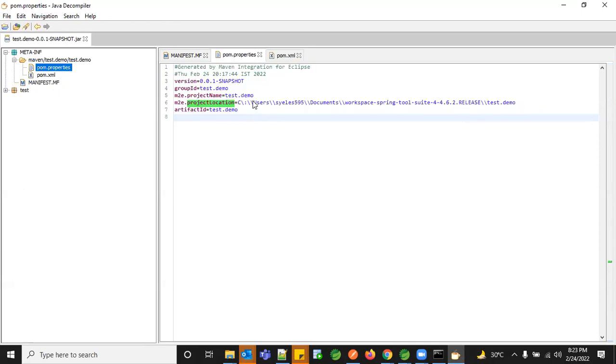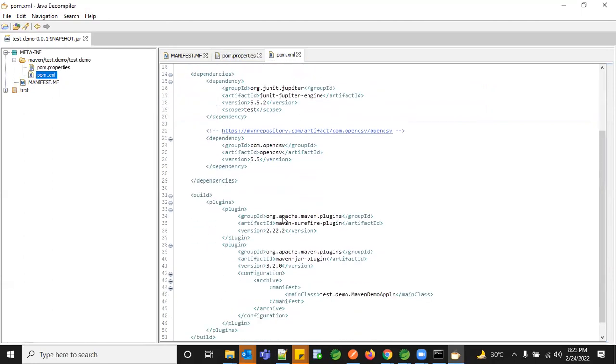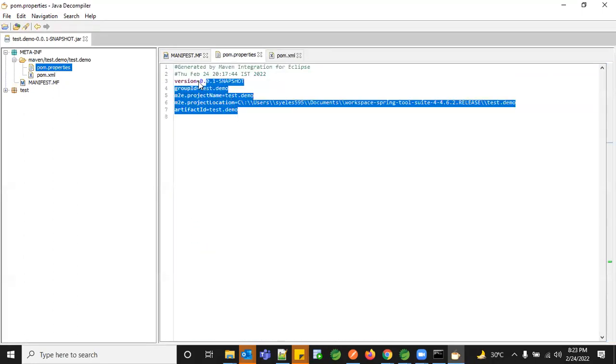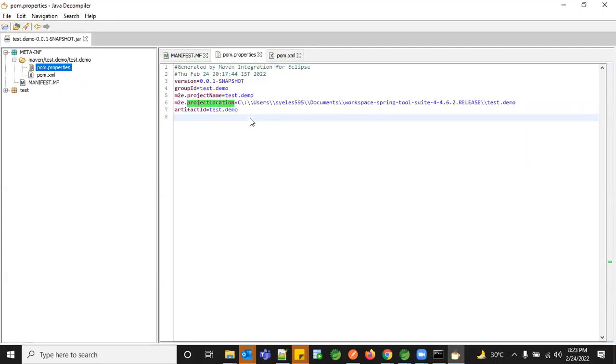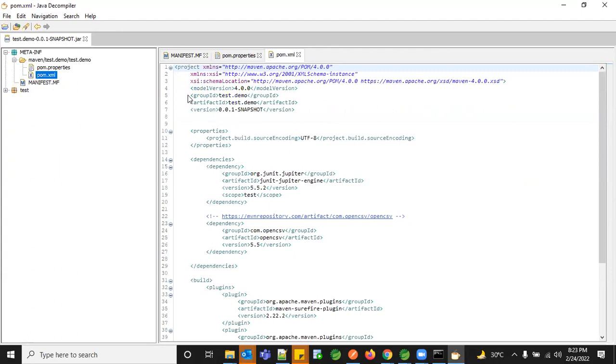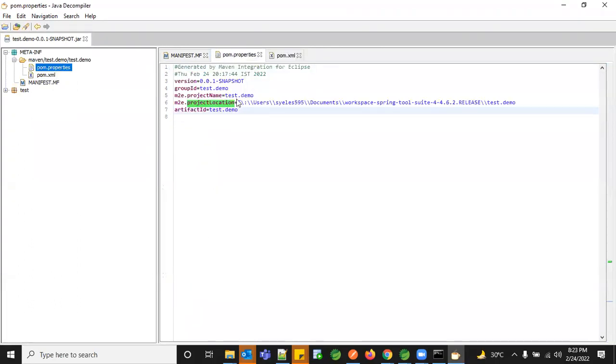When you want to exclude these properties, you can explicitly mention that in your POM.xml and ignore all the files which are not required when you want to package it and source it to some other environment and deploy them. You can still exclude them. So if you want this information, you can have it. Otherwise, you can just have the POM.xml with the information of group ID and artifact. And if you don't want the location information, everything, you can just ignore this entire property file from your Maven. So there are multiple ways to do that.